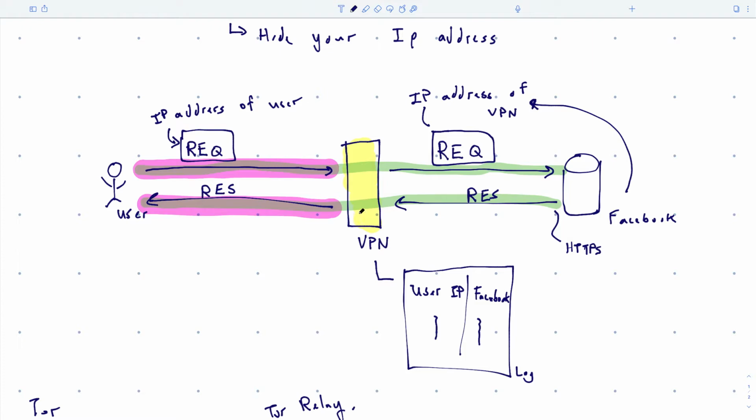Okay, so the VPN would see the outer layer of the packet, but it wouldn't be able to see the inside content. Now, we saw all those fingerprinting attacks and things like that, right? So the VPN still sees a lot of information. They see the size of packets. They know you're going to Facebook, even if they don't know what you're doing on Facebook. They know all the images and mixed content that gets weaved together. So, yeah. But anyways, the pink here would represent some sort of custom